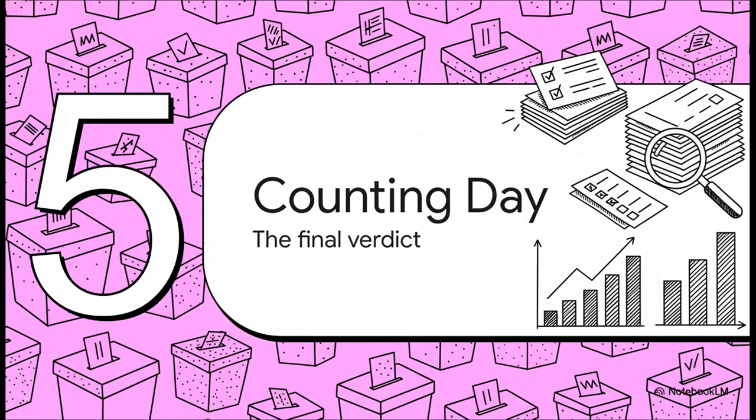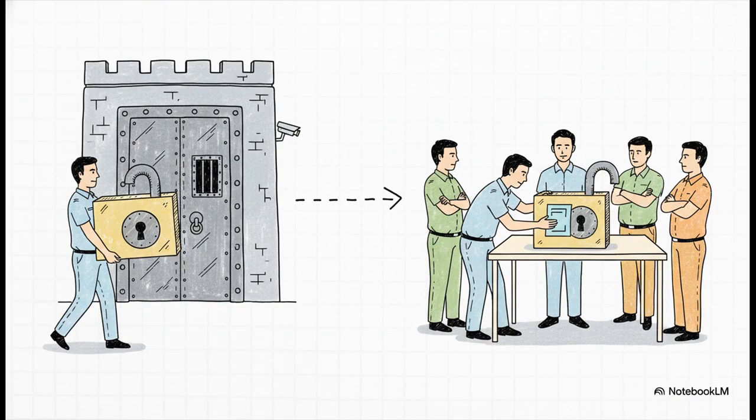Once the polling is finished everywhere, the process moves to its final and most awaited stage, our fifth and final section, counting day. This is when the verdict of the people is finally revealed. After polling, all the EVMs are securely sealed and transported to a safe, guarded location. Then, on a fixed date, they are opened and the votes are counted. And just like on polling day, the agents of all the candidates are present there to watch the entire counting process. This ensures that the counting is also completely transparent.